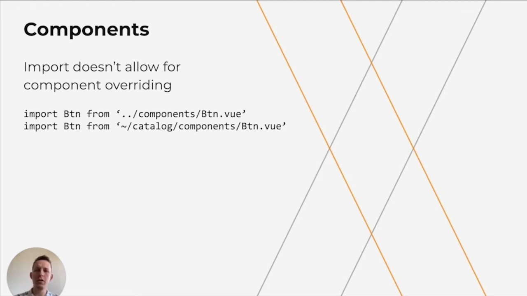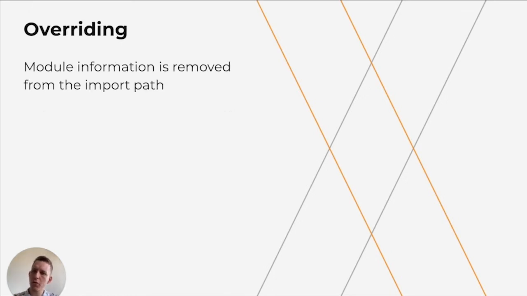We can't create a winter sales module that will come after the catalog module and will have button.view component which will override it. Or can we? What if we were to remove the module information from the path? So instead of importing in the classical way, we can import it like this. So we are saying we want something called button from the components directory, but we are not specifying from which